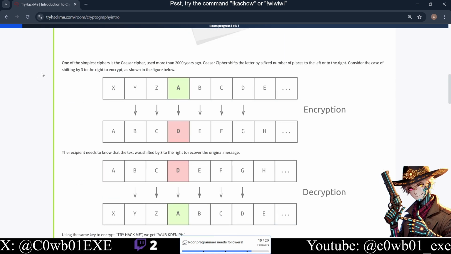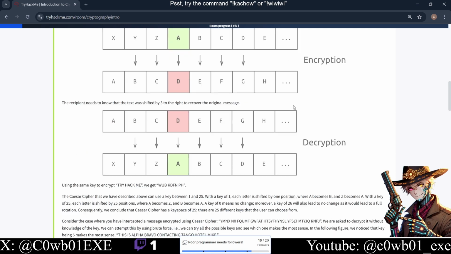Well, there's a bunch of ways, starting with the easiest and oldest, the Caesar cipher, used more than 2,000 years ago. Caesar cipher is just the alphabet and your encryption alphabet shifted. So here in the example, for the letter A, you put a D. For the letter B, you put an E. Letter C, you put an F, and you get the idea. So if you want the message to be BED, you put